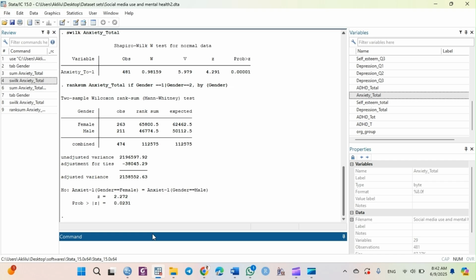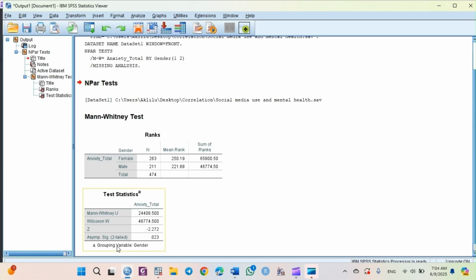I'm Akil Abraham. Today we are diving into the Mann-Whitney U test, a nonparametric alternative to the independent samples t-test. And we will cover what it is, when to use it, and how to run the Mann-Whitney U test in Stata and SPSS. First, we'll see Stata, later SPSS, and also how to report it in APA style in